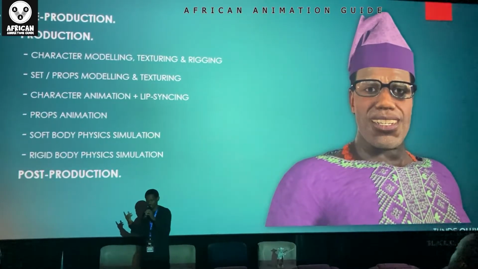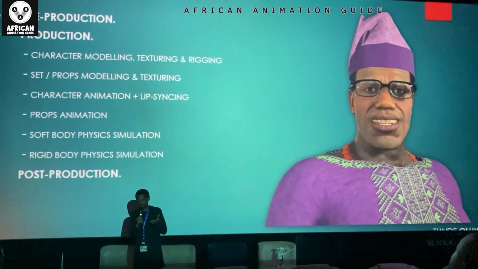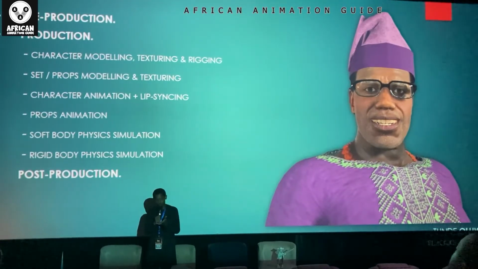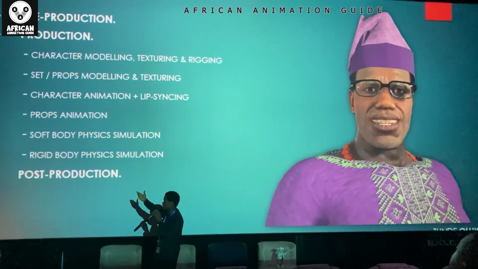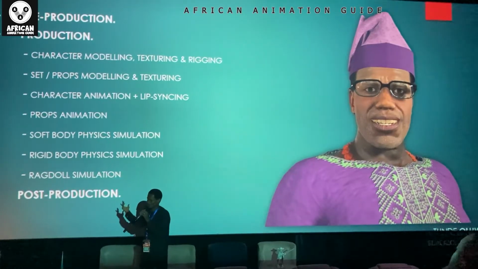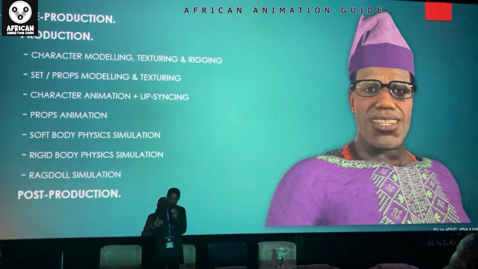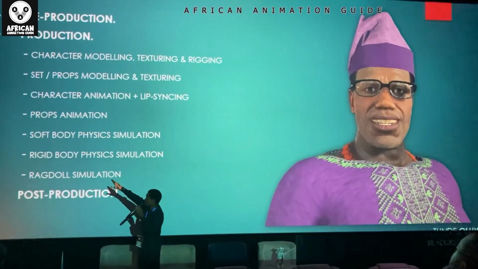Then we have rigid body simulation. Rigid body simulation is, for example, a car hitting a block wall. What will be the impact of the car on the block wall? And then what will be the impact of the block wall on the car? So that explains that simulation system. A car hits a block wall, and then the block wall will probably be broken, and some part of the car will probably be dented. That is the rigid body simulation.